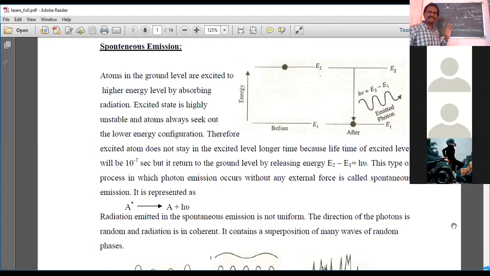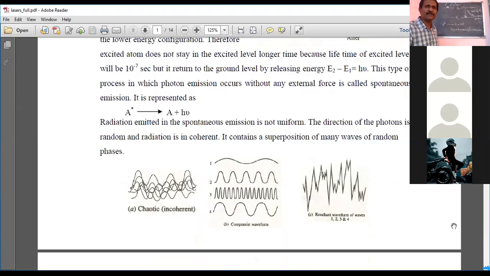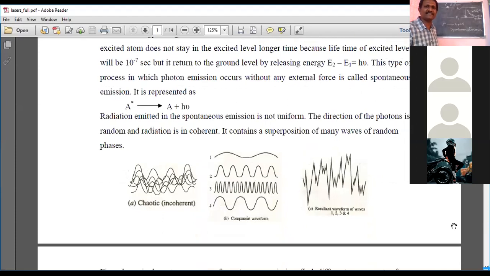Random direction in the sense it is emitted in any direction which nobody knows. దానికి కూడా తెలియదు ఏ డైరెక్షన్ లో ఎనర్జీ బయటకు వస్తుంది అనేది. Now when it is coming out randomly, what is going to happen? If you carefully see the chaotic representation which is present over here,